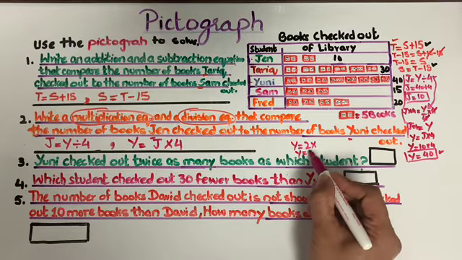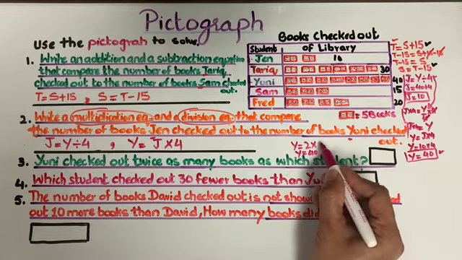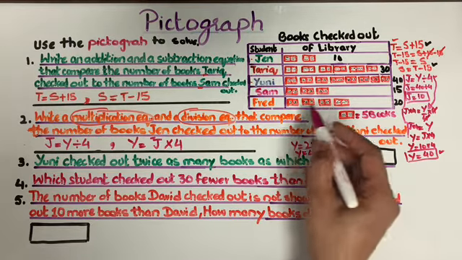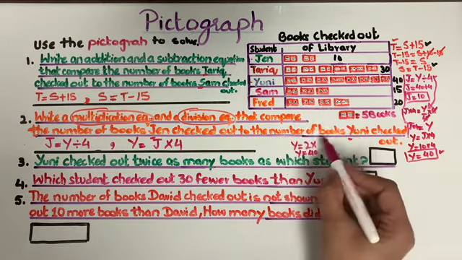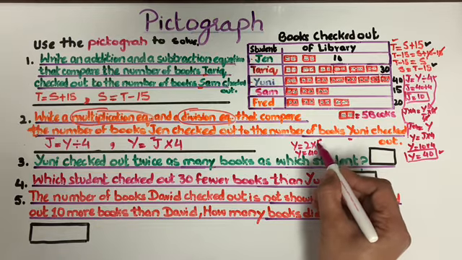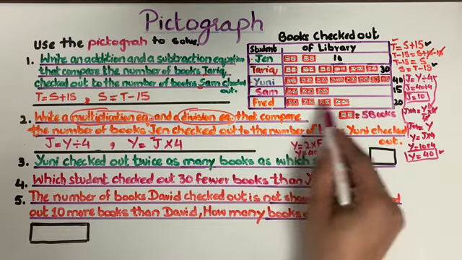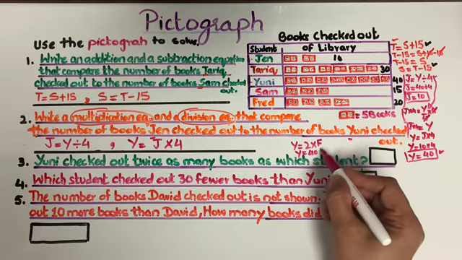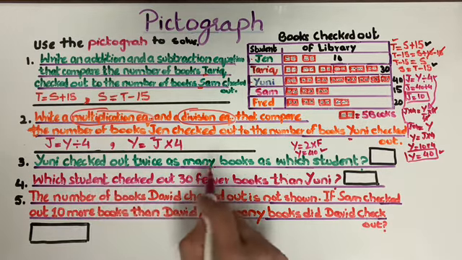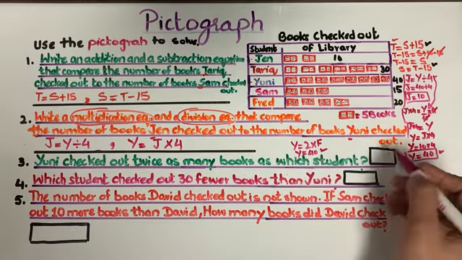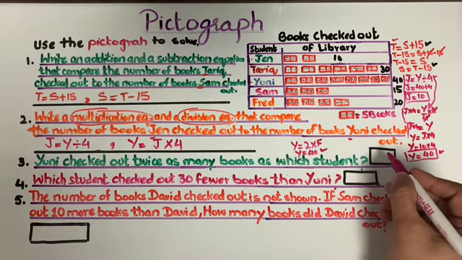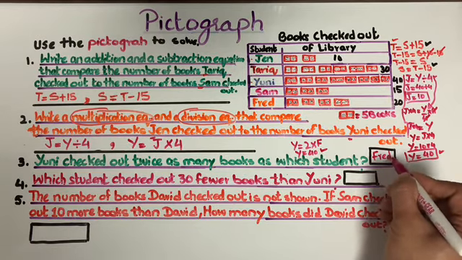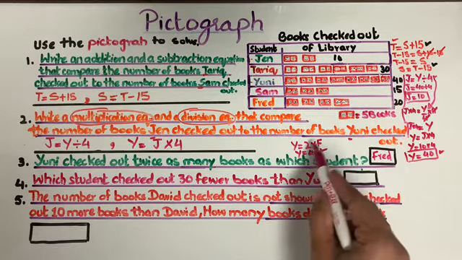She checked out 40 books. 2 times what is 40? 5, 10, 15, yes, 2 times 20. So 2 times F is equal to 40. So this means Uni checked out twice as many books as Fred, because Fred checked out 20 books and 2 times 20 is